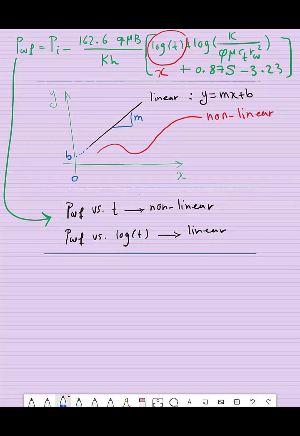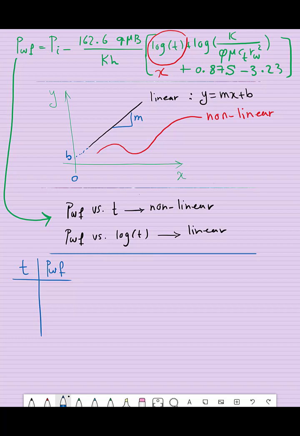Now, let's see how we can analyze our test data. So assume that you have received a set of test data from your drawdown test, and it is time and PWF. Of course, you have other information like rates and other well properties that you know, like the